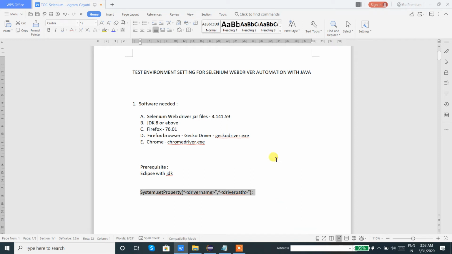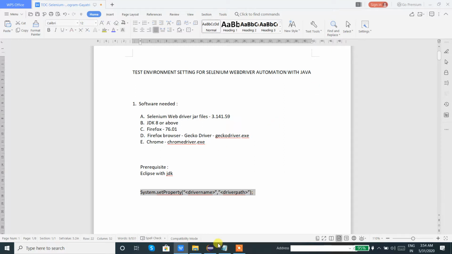Hello everyone, in this video tutorial we will see the first script, how to write our own script to identify the web application, invoke any application in web browser and execute. If we execute the script, the application will get invoked. This will be the first WebDriver script for us, where we will be using System.setProperty to identify the driver, which is Gecko driver, because we are using Firefox driver.